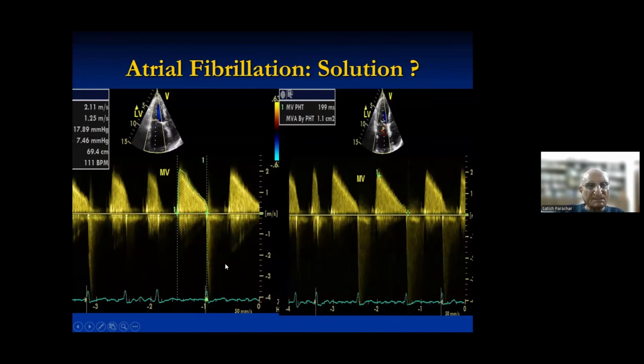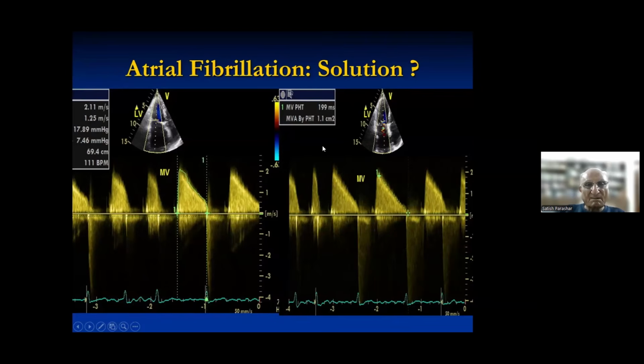But during the recording, there is bound to be a complex with a wide diastolic slope. So keep one finger at the stop button, so that as soon as you get a recording with a wide diastolic slope, you stop it. So here you see nothing can be done. And again here we have one flow, and you find the pressure half time is 199 and the area is 1.1.